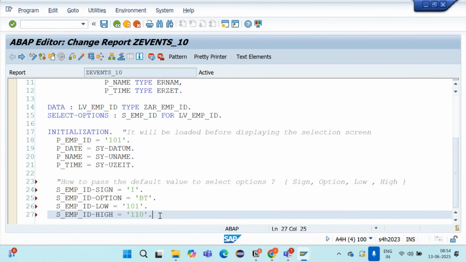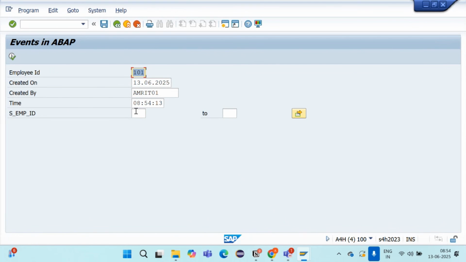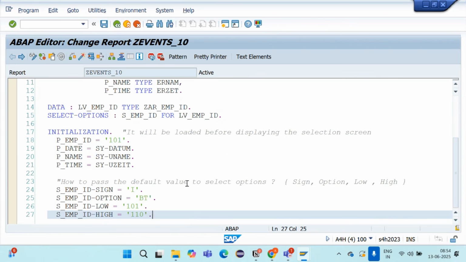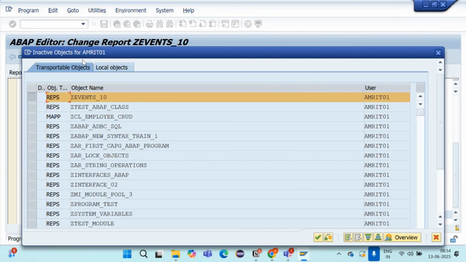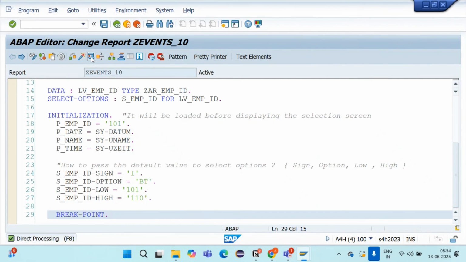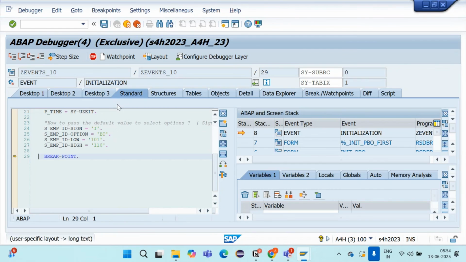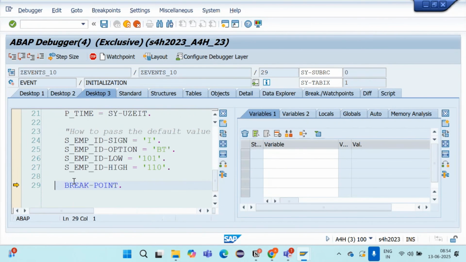We are passing the values into their corresponding components. Now let's check it. I will execute. We are still not getting any value, correct? So I will put a breakpoint here to check what is the problem, why I am not getting the value there. I will execute this. We are in the debugging zone.